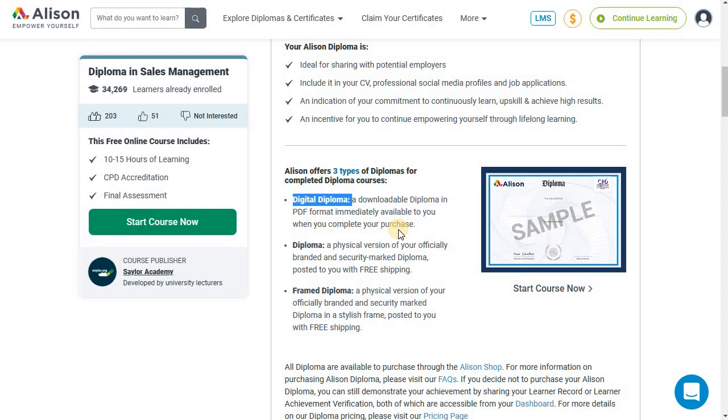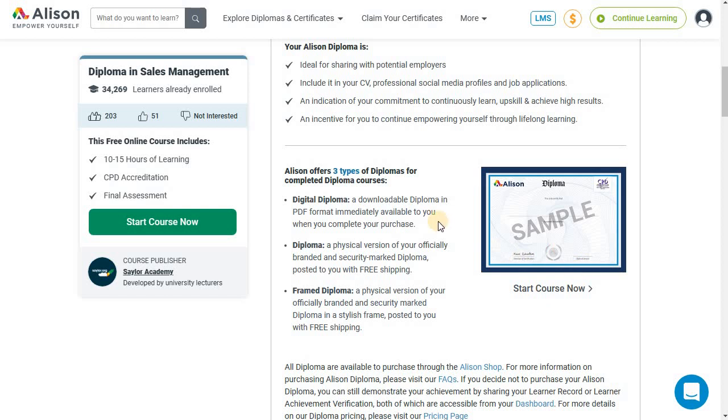Most brick and mortar universities will just give you a physical downloadable certificate. Here you get a digital one. When I say digital, you get a URL, let's say alison.com/your profile code and the certificate. So this certificate is linked to your profile. So Google, LinkedIn, Facebook, they can verify it is you. You are the owner of this certificate. So it will recommend your certificate to potential employers. That's very important. And you can download a PDF copy of the certificate as well under the digital diploma once you pay and get that after you have completed the course.